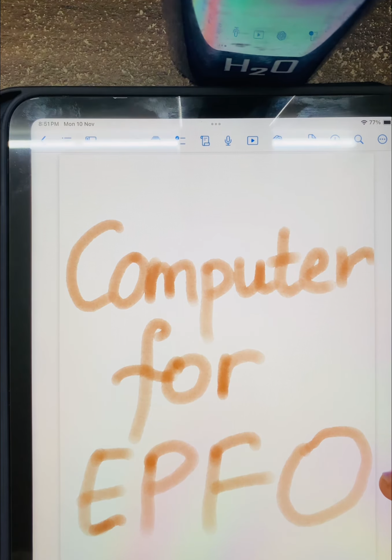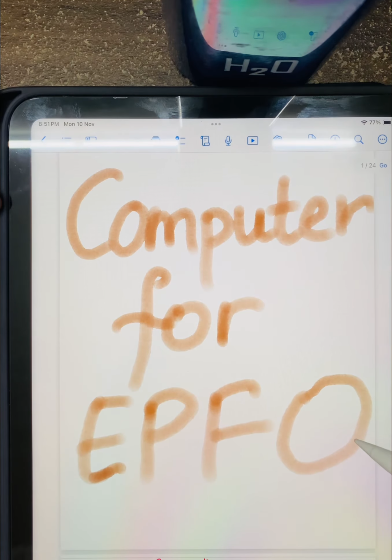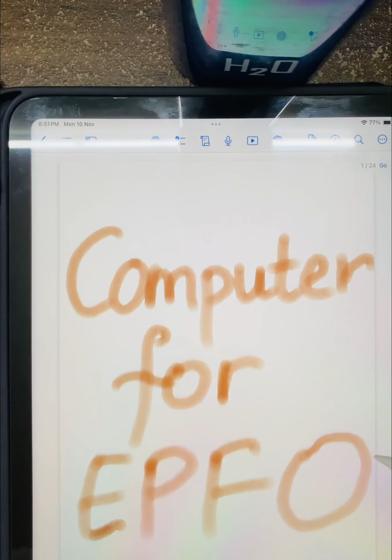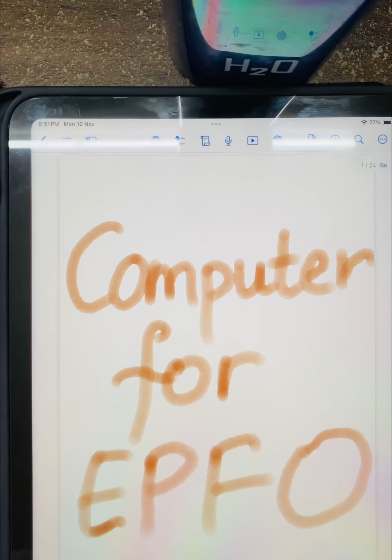Hello everyone, we are going to learn computer for exam EPFO. This is going to be a very short video. This PDF has just 24 pages, 24 slides,